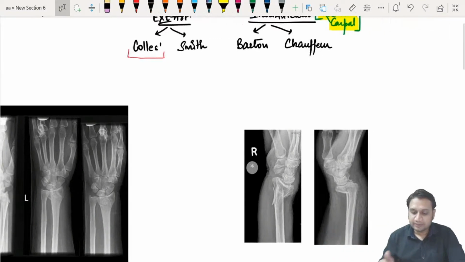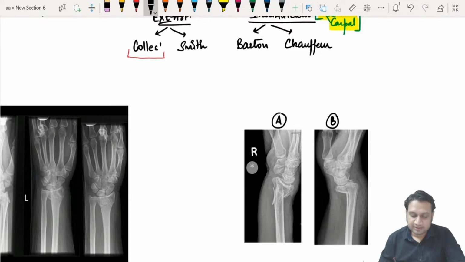Now here you see, you have got two X-rays, X-ray A and X-ray B. This is the first metacarpal, that is the thumb. Now the first thing to be seen in a fracture of the distal end of radius is whether it is intra or extra-articular. I told you which joint is to be seen, radiocarpal. Here you see the radiocarpal joint is okay. Here also the radiocarpal joint is okay. Both are fine, so this is some sort of extra-articular fracture.